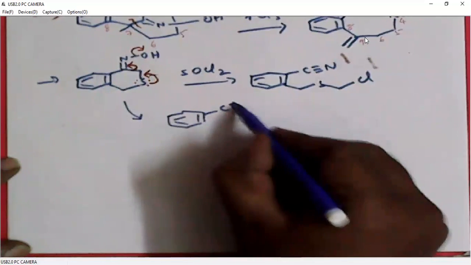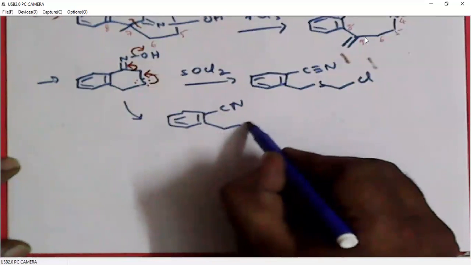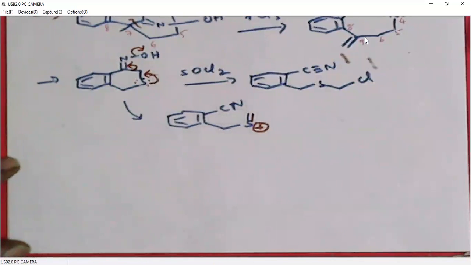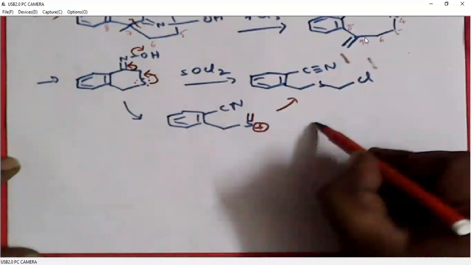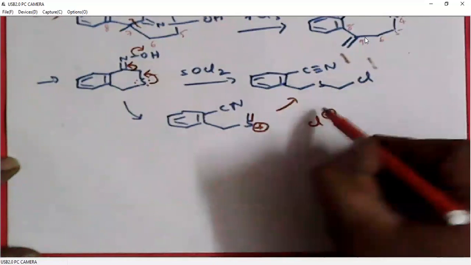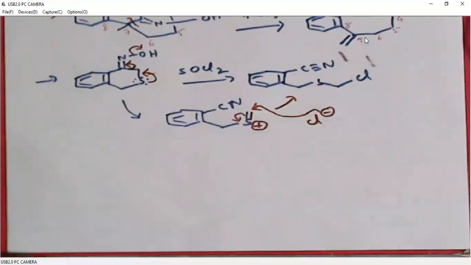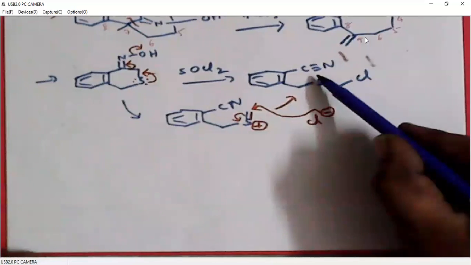So we have CN here. At the same time, we have a double bond, positively charged sulfur. Of course, it is stable, right? Sulfur can stabilize a positive charge on it, right? Then Cl minus, which is leaving from thionyl chloride, now will attack on this carbon so that this double bond is again polarized back to the sulfur. So we are getting this product. So here also sulfur stabilizes the carbocation, which is generated when bond breaking leads to nitrile formation.